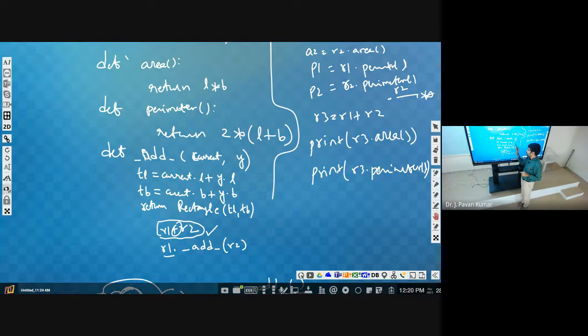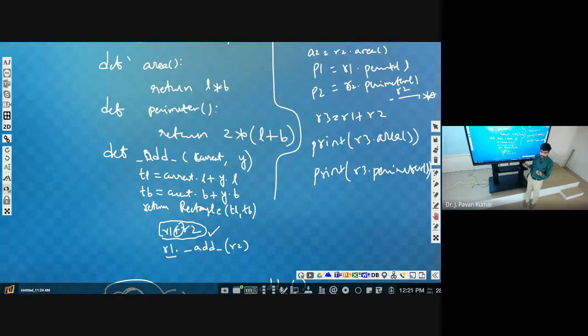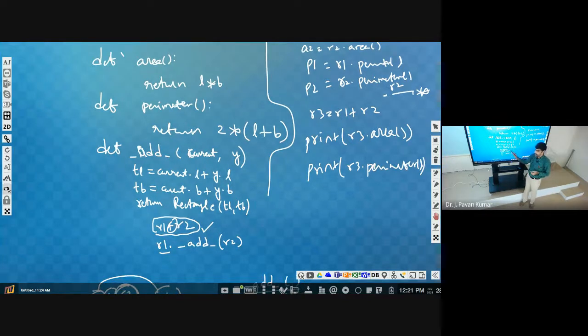So now these two we will be adding, then we will get a temporary length, temporary breadth, then we will create another object of this same type and we are returning by passing these two values. You know the functionality of rectangle of TL comma TB. What is the functionality of this one entirely? It is a constructor, rectangle of something. Rectangle is the class name and we are having parenthesis, so it is a constructor. For constructor we are passing two values.